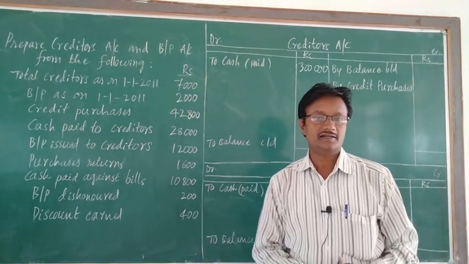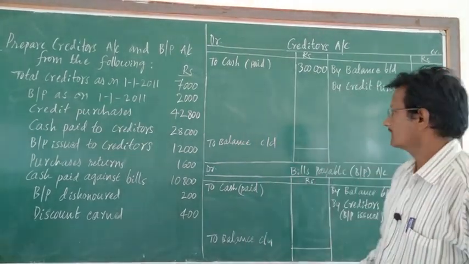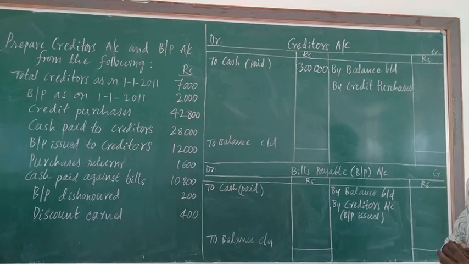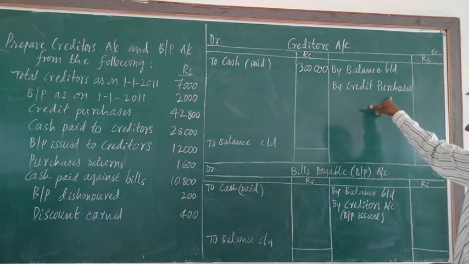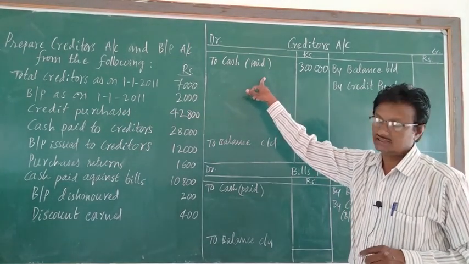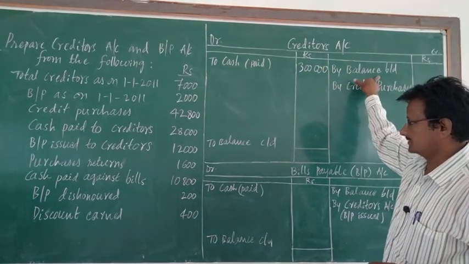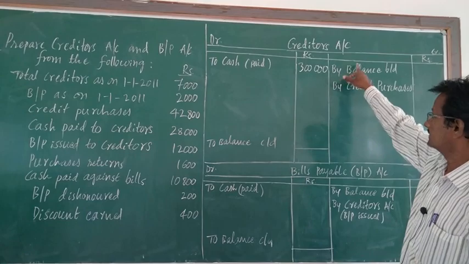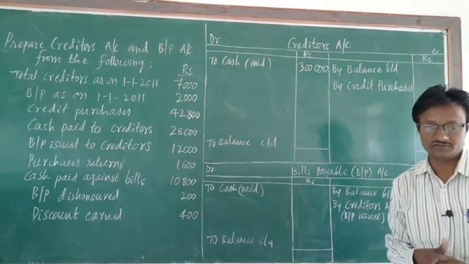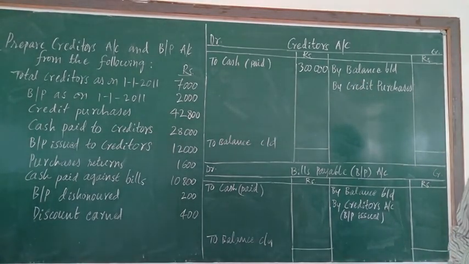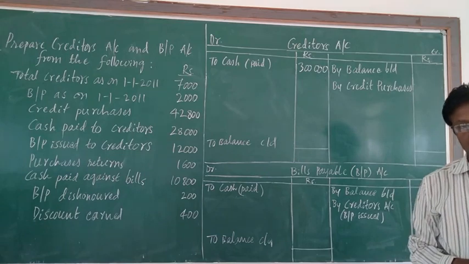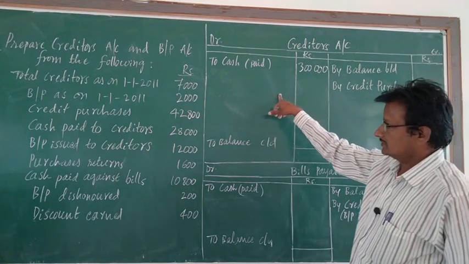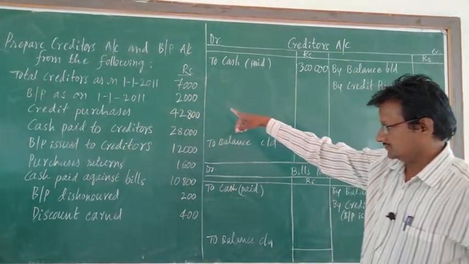We have already discussed that in creditors account the 4 important items are credit purchases and cash paid to creditors, and also opening balance of creditors and closing balance of creditors. Creditors account and bills payable account always show credit balance, so we have to take opening balance on the credit side, and here opening balance is given